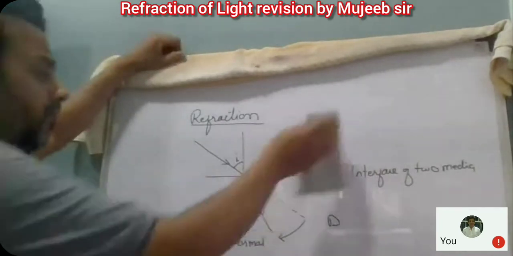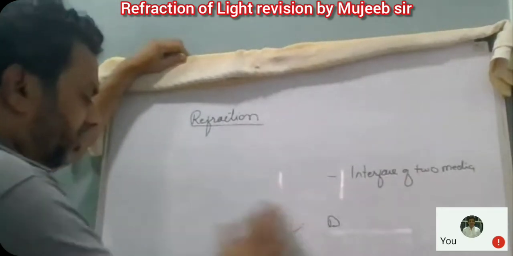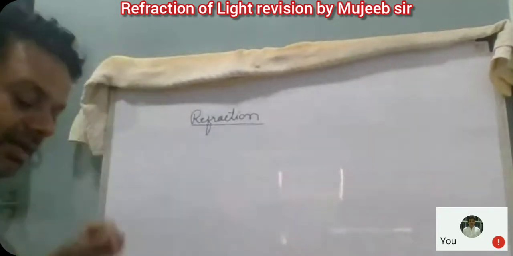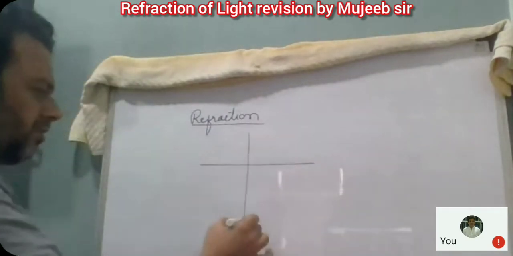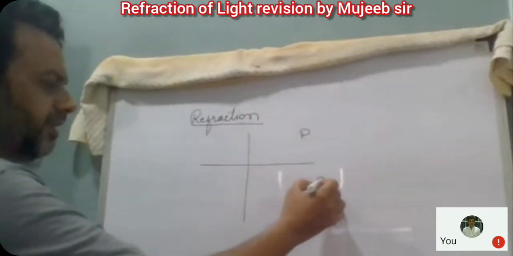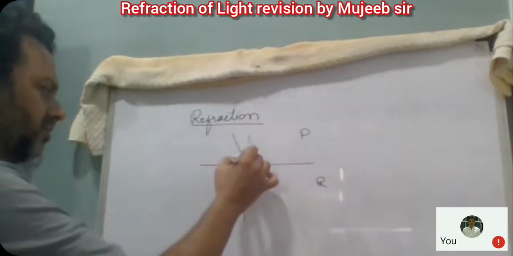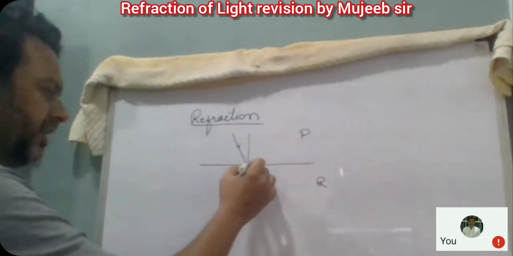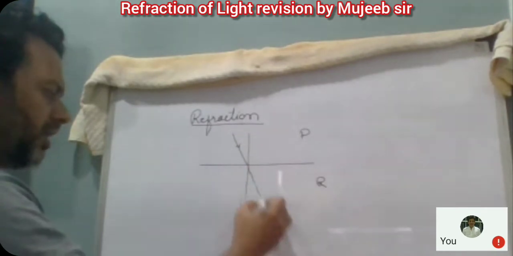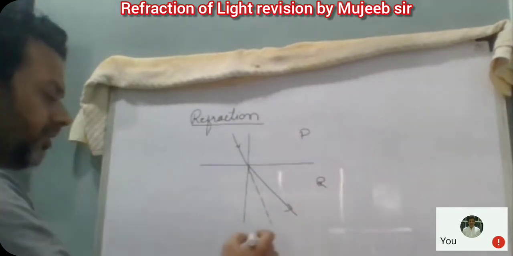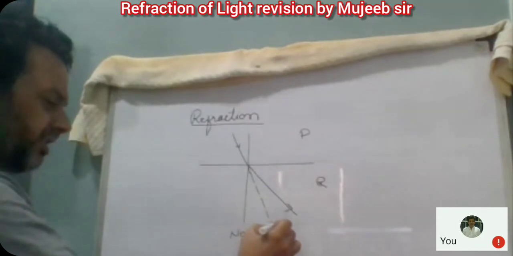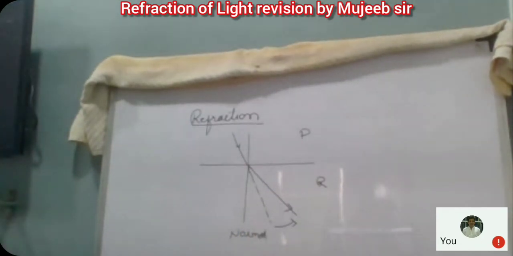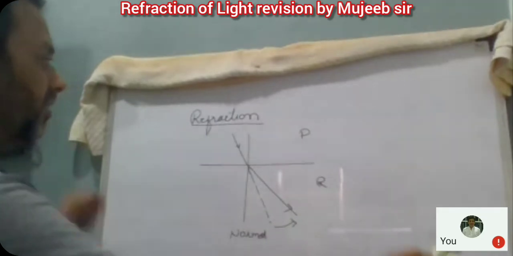Next, when the ray of light goes from the denser medium to rarer medium, what will happen? It will be exactly opposite of this. Suppose this is the interface of the two media, this is the normal, the upper medium is denser medium, this is rarer medium. The ray of light strikes the interface of two media and then instead of going straight, it bends in this direction. You can see that the ray will go away from the normal. In this way the refraction of the light will take place.